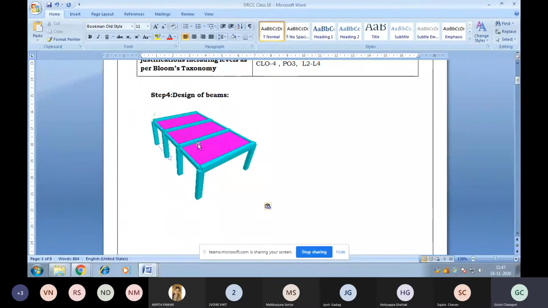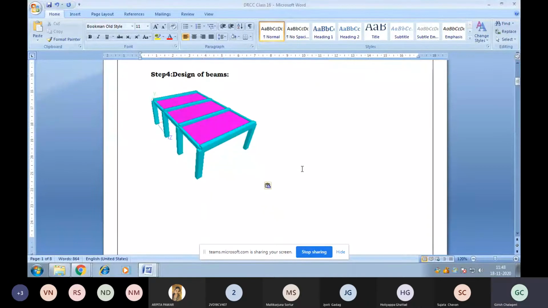When we design this beam, if we cut the section at this point, at midspan, these slabs act as a flange for this beam. So in midspan, we design it as a T-beam. But when we come to the edges, we can see it is connected with the beams as well as a column in the bottom. So it cannot be designed as a T-beam, because this length of beam will be connected with the column and it will be for a long span, and these beams are also continued here. So at the edges, the beams will be designed as rectangular, and at the midspan, as a T-beam. That's what we should design here.